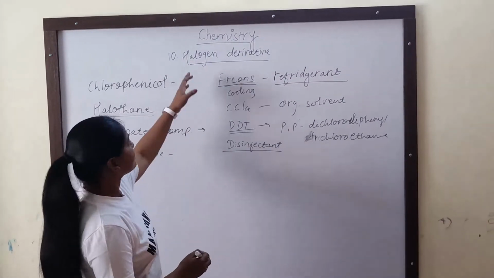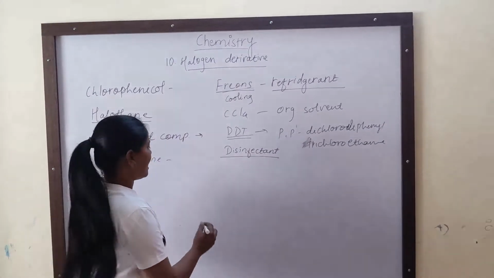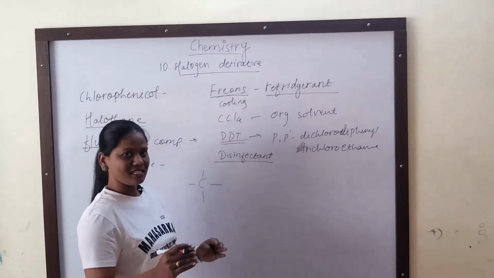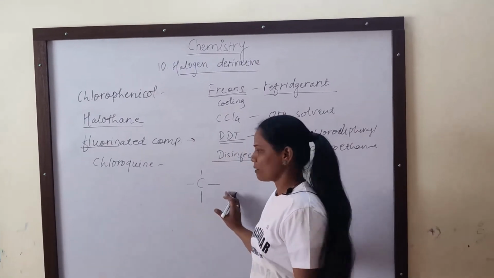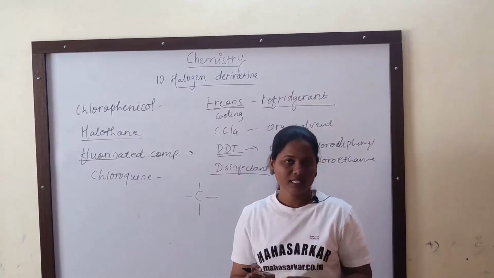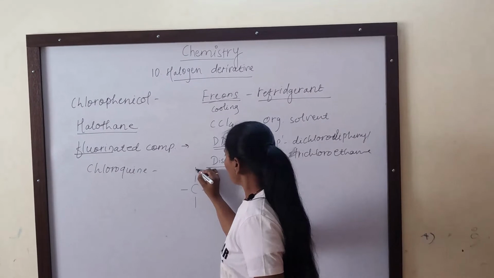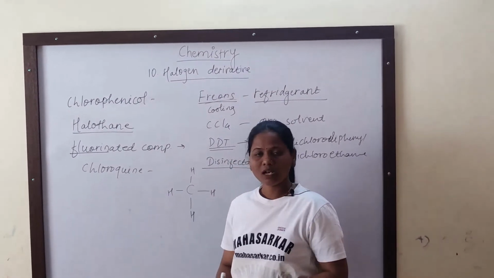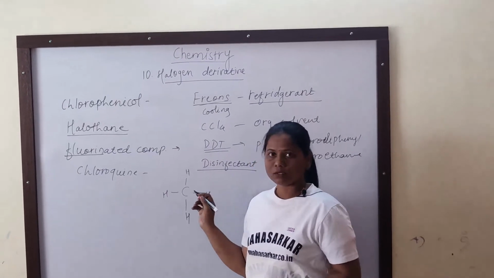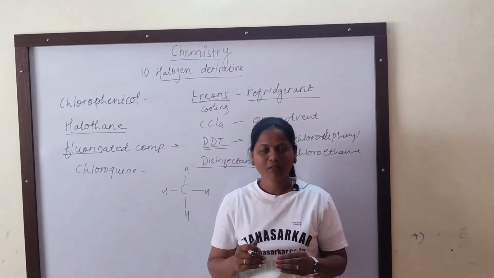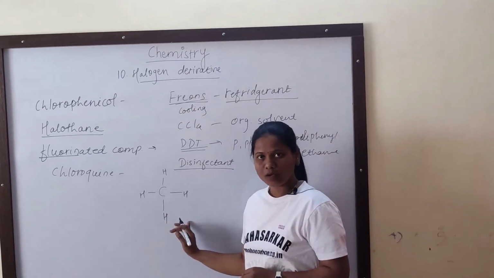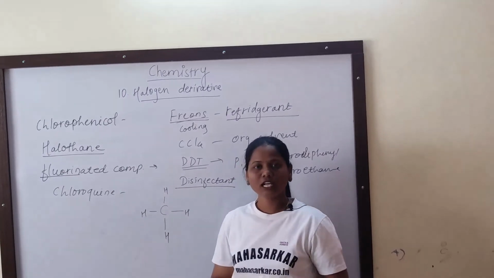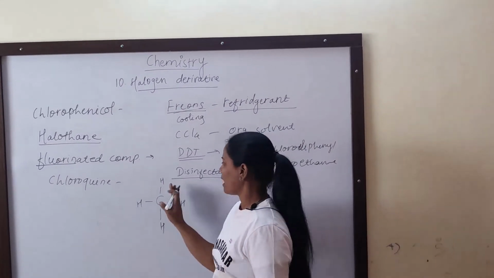Now what exactly is this halogen derivative, that we will see. As you know, carbon is tetravalent. From the 10th and 11th standard, you have learned that carbon has 4 valency. The 4 valency of this carbon atom is satisfied by 4 hydrogen atoms. Now, this is known as hydrocarbons. When hydrogen and carbon are there, that is known as a hydrocarbon. In a hydrocarbon, one of the valencies, the hydrogen atom, is replaced by a halogen.